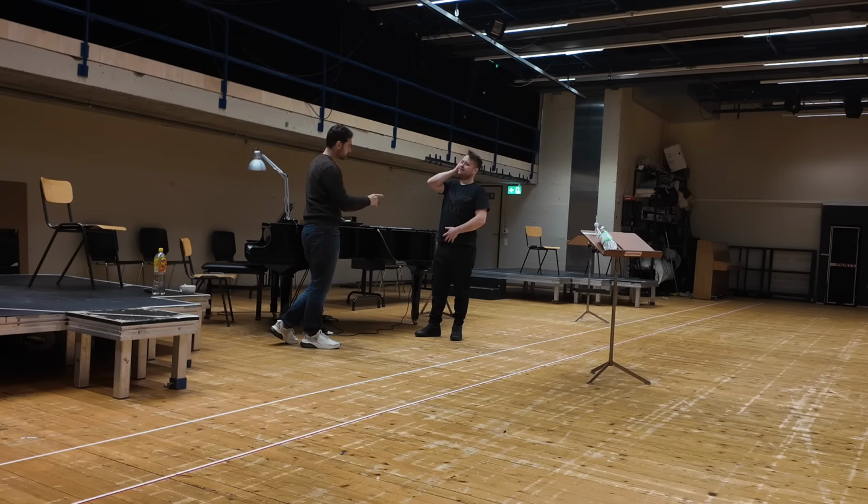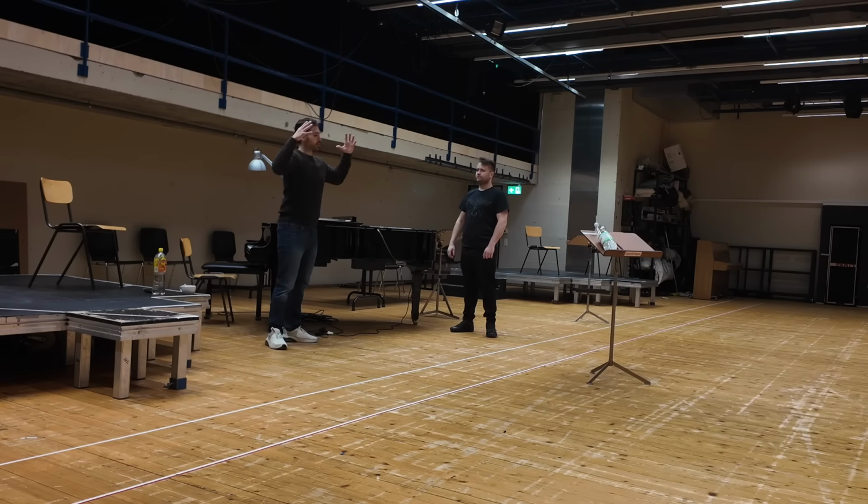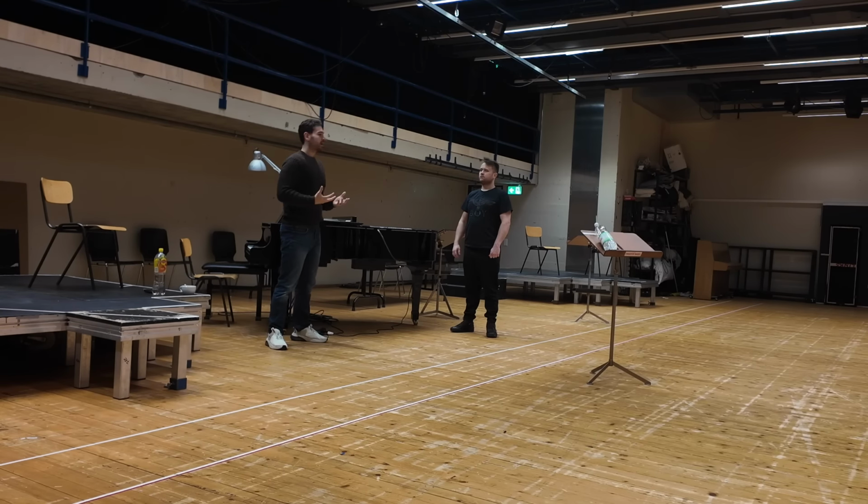Good. This is a good spot. If you're in this bubble that I like to call the bubble of dynamics, if we burst the bubble by attacking a note in a forceful, muscular, tense way, there's no way of returning. It's very difficult to return. I don't really know what to do with that. I can't go back to piano. I can't. Stop. Yeah. But if we start this way,